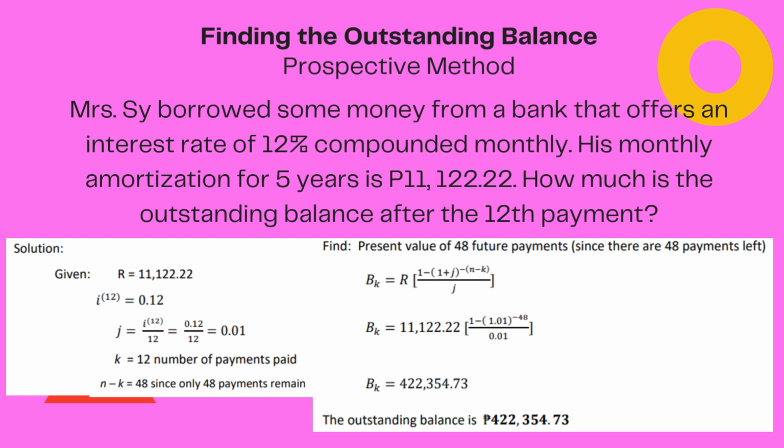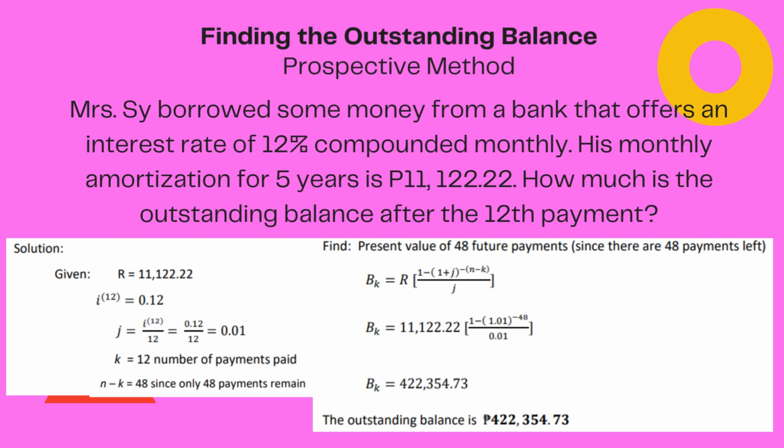So we have there 48. Nganong 48 months? Because the term of the loan is 5 years. So how many months does 5 years have? So we have 60 months, right? 12 times 5. So that's 60 months. So nakabayad naman ta og 12 ka months. So we have 60 minus 12. So mao nang naa tay 48 payments remaining. So we have 48 months remaining unsettled